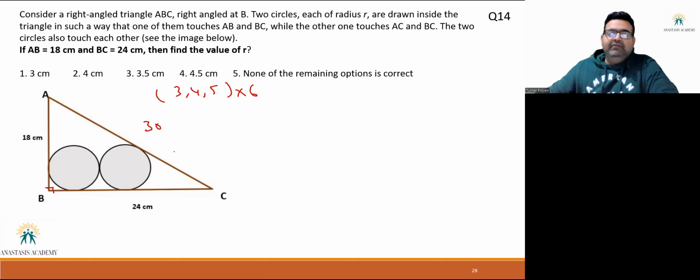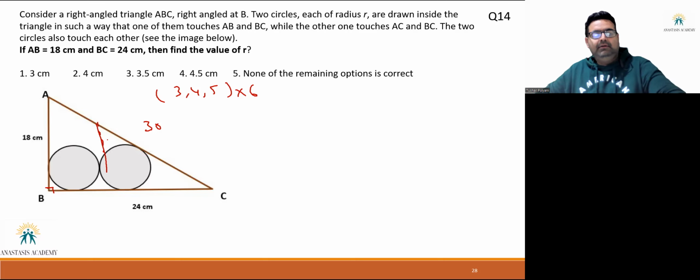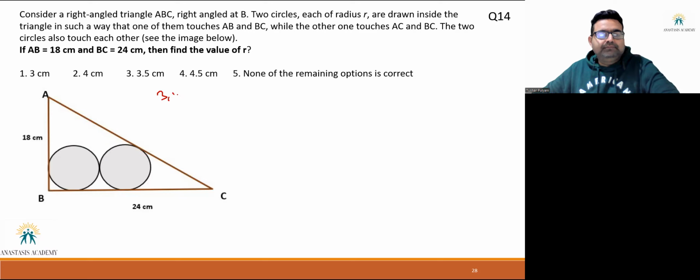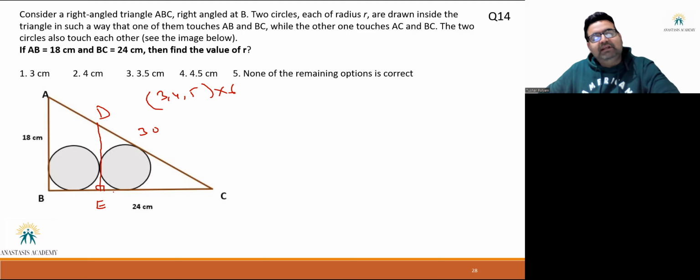So we have to create a similar triangle. And how do we create similar triangle? By drawing a parallel line. Here there is an obvious construction that if I draw a line which is perpendicular, so let's call it DE. So if I draw this line perpendicular, now basically there is this question, we call it a construction problem.